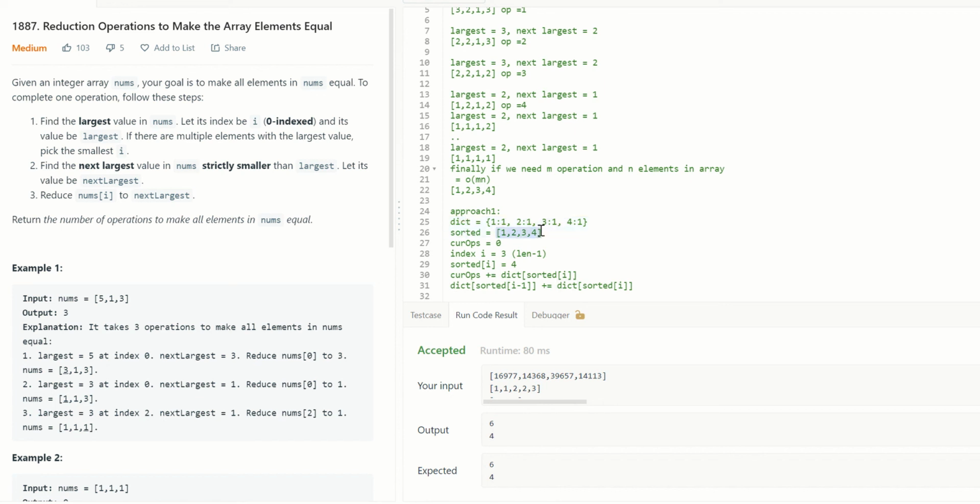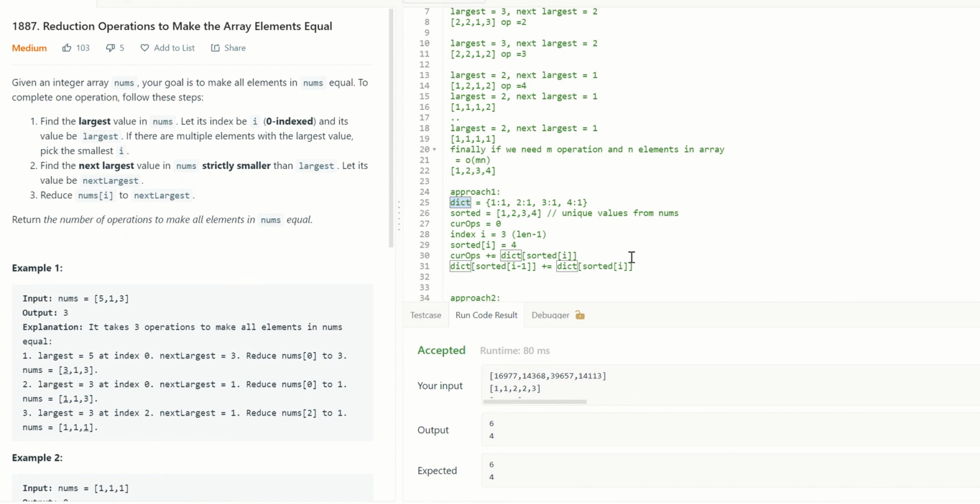As simple as that. Or, while you prepare the dictionary, you just maintain a list of unique values. So in this case, these are the unique values from nums. If that is the case, then this would work, because the dictionary will always keep track of how many times each element has appeared.